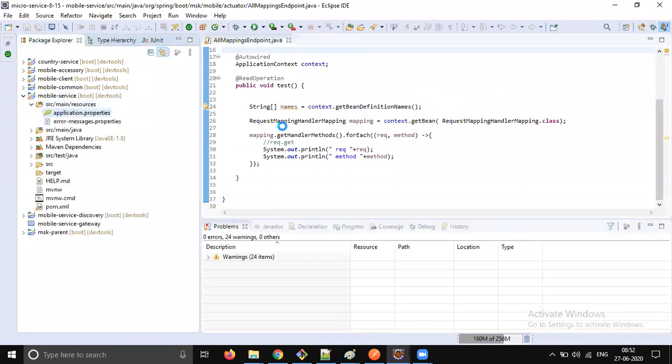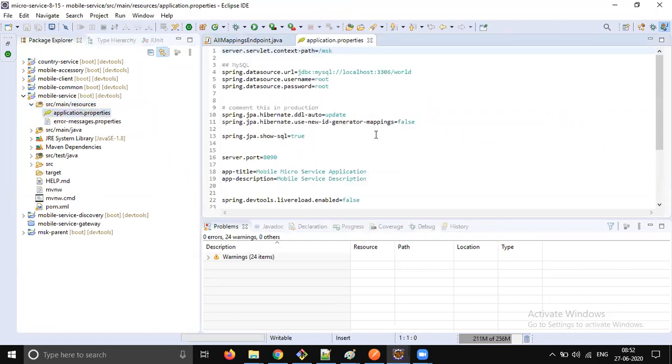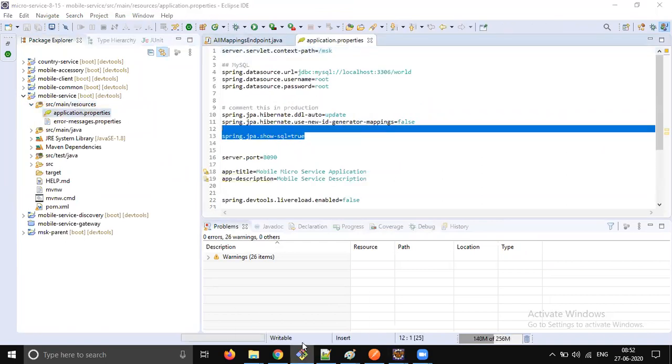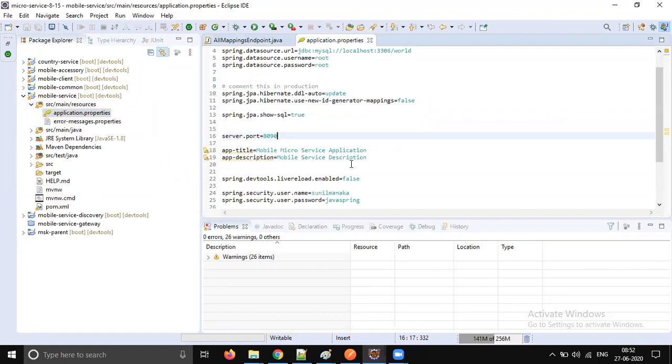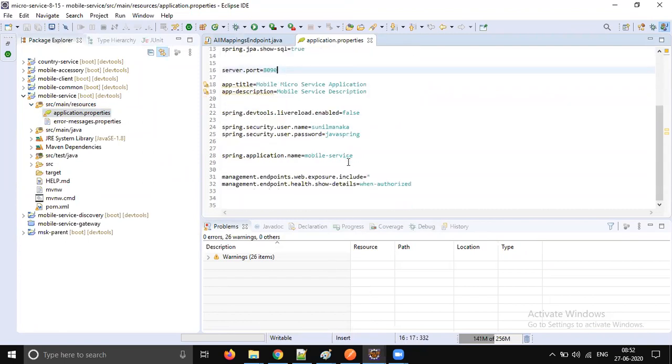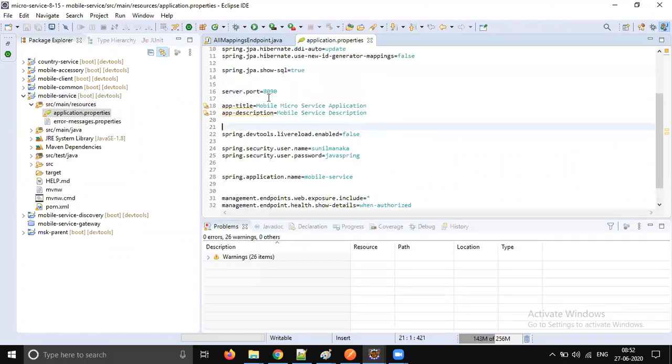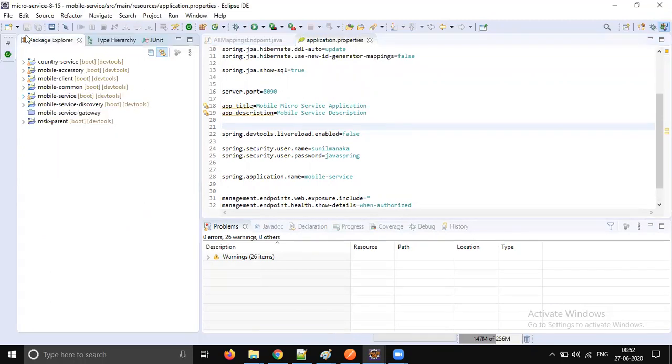Now we will move this configuration into a separate properties file, and we will load this configuration dynamically. So we should create a config server, and our service is going to talk to the config server to retrieve this configuration.